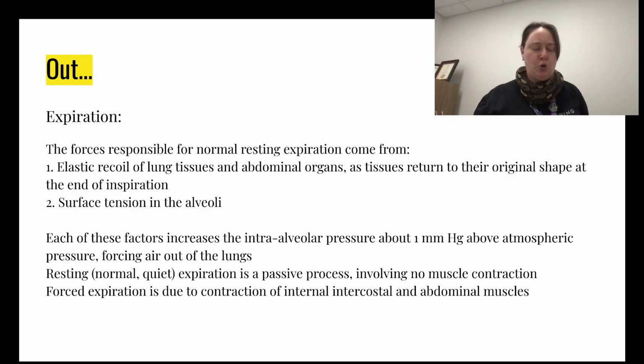Forced expiration does involve the intercostal and abdominal muscles forcing the air out. If you've ever had to do deep breaths and then force it out, divers do it sometimes, the free divers. They get a good deep breath before they go down. They'll do that to try and push as much out as possible so they can take in a lot at the end. But normal is literally a passive process.